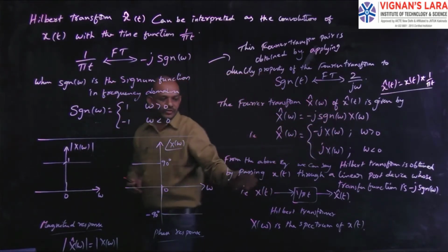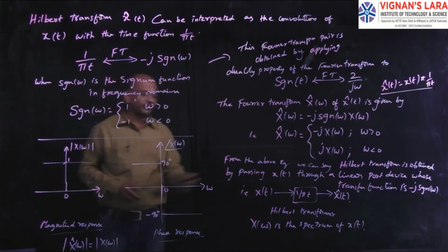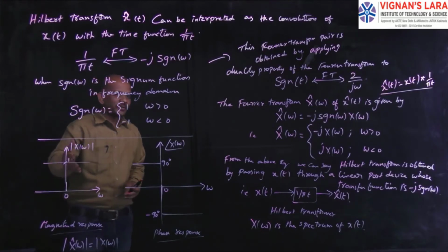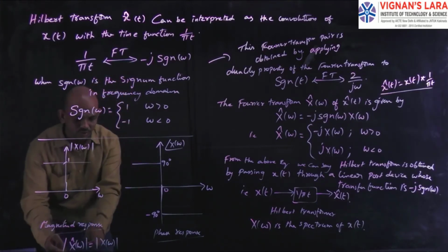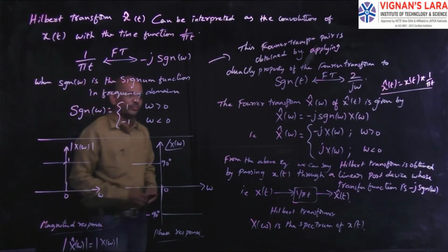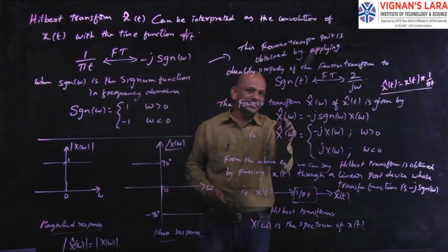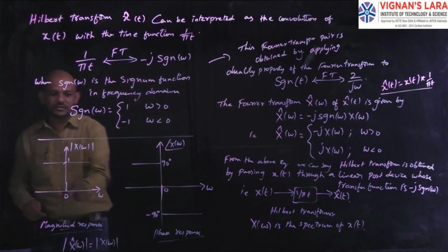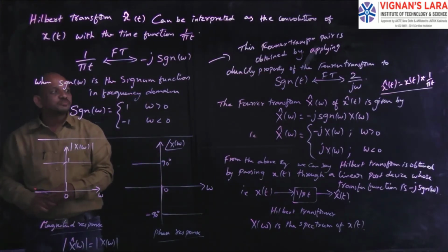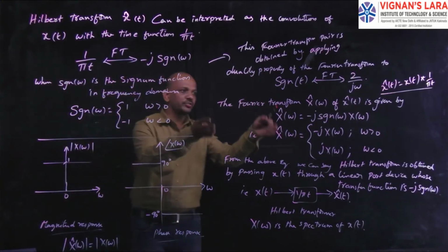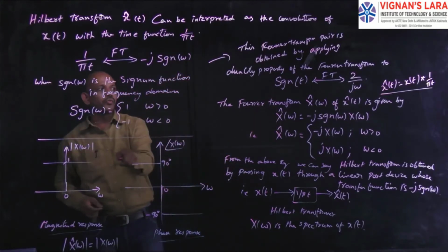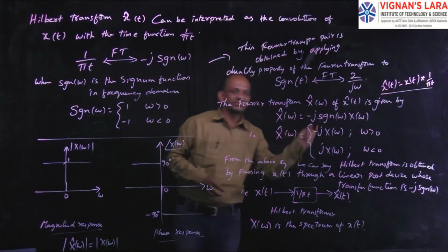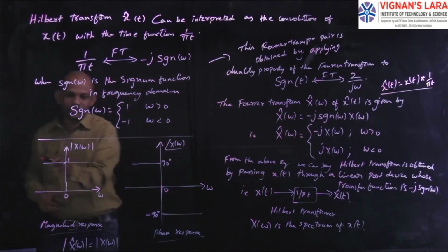Clear? So for that I will give the magnitude response and phase response. See here, the magnitude does not change. The magnitude spectrum does not change. Hence mod of X cap of omega equals mod of X of omega. So for this and for this the magnitude is the same. Hence there is no change in the magnitude spectrum. If you consider the magnitude, the value is always 1, because here we will get the square root of minus 1 whole square, or 1 square. That is, for all values of omega we have plus 1.